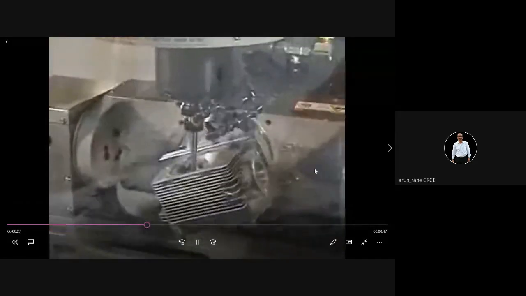This is again a cutter. Again, this is your 5-axis machining. So the fourth axis is this and the fifth axis is this. These are your coolant pipes.